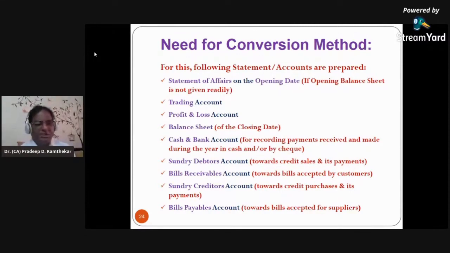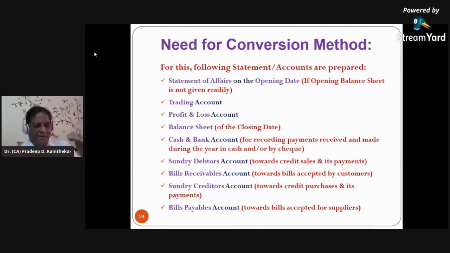Then we have the balance sheet. It is prepared in the usual manner, you know. On the liability side, it starts with opening capital. Then in that, you add fresh capital introduced. Then you minus drawings made. And then you add net profit for the year. If it is net loss, then you minus that. And then you get a capital balance, which we show in the outer column.